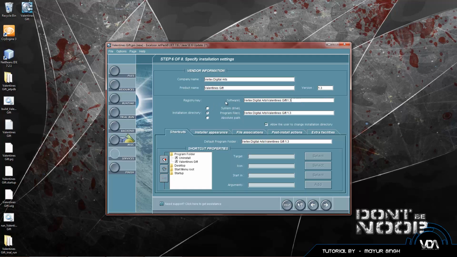Now here's our software, our version 1.3. I thought it would look cooler than that, but I guess not. So now we can select our installation directory. We can install this in an absolute path, but I don't think this is very recommended. Don't use absolute path. Instead, use the program files, the default one in the C drive, or you can use